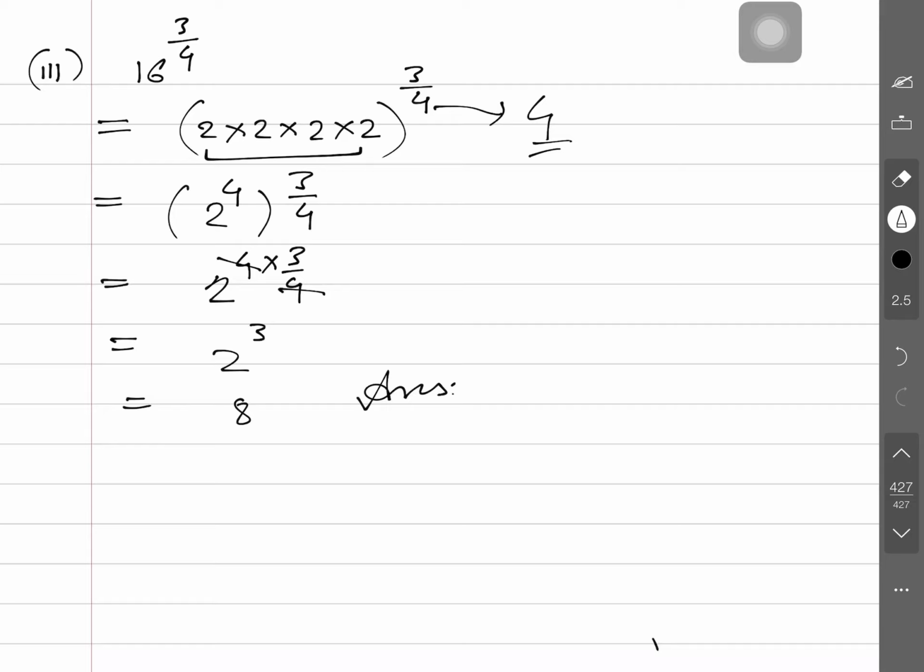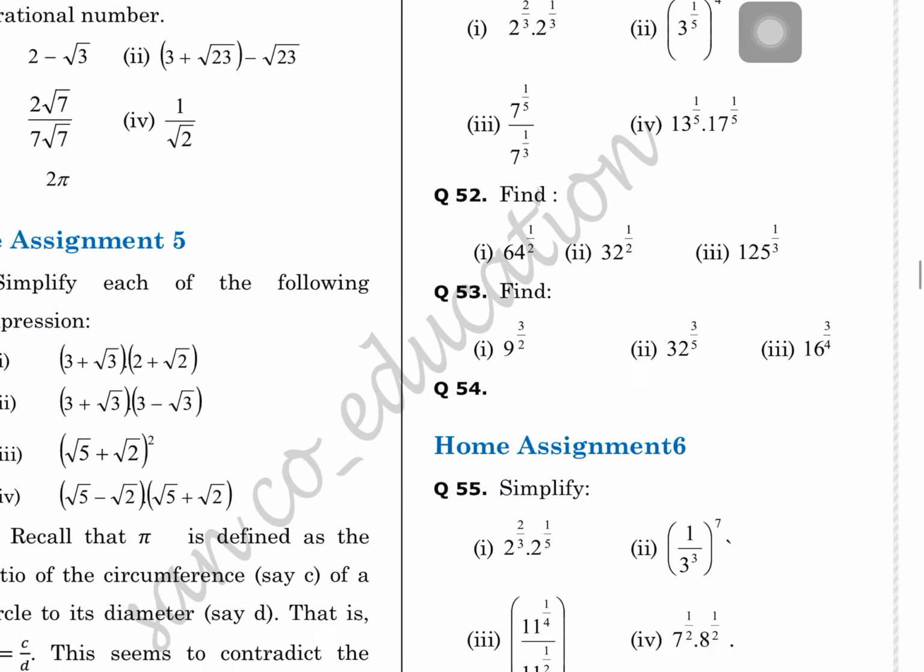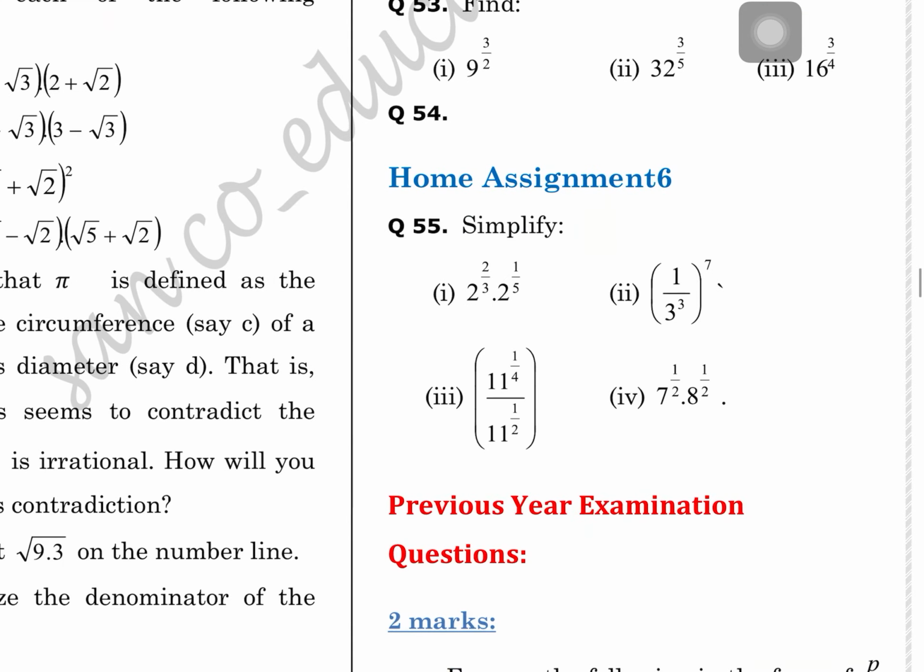Very basic types of questions are these. Is that clear, guys? Everybody understood this? Well, I hope you can solve the further questions also. Your assignment of the day is home assignment 6. Simplify this right now, and along with this, your chapter number one according to your NCERT textbook is now finished. However, we will solve 3 to 4 days more of some extra questions, because some extra questions come in the examination.